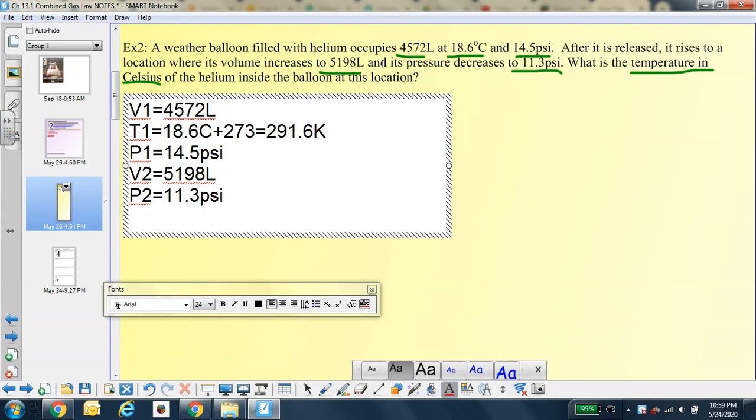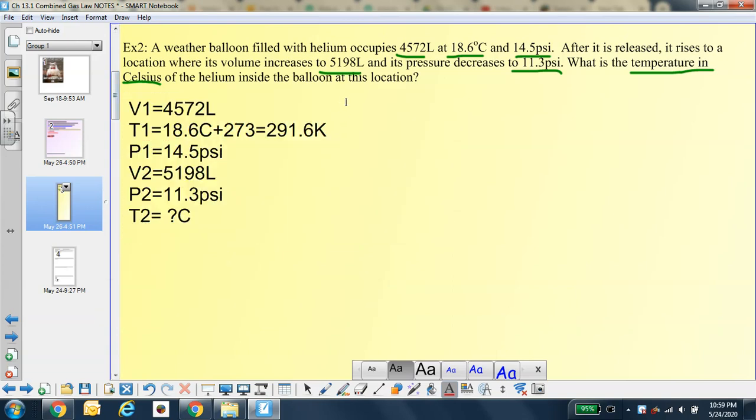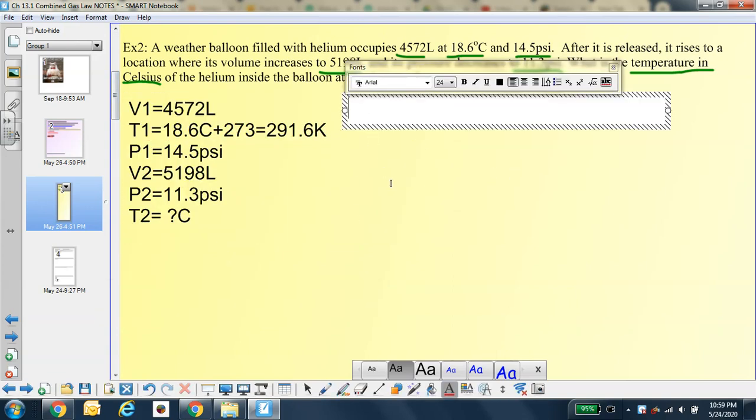And we need the temperature, the final temperature in Celsius. So here's our given information, all listed, very easy to locate. And our original formula, P1V1